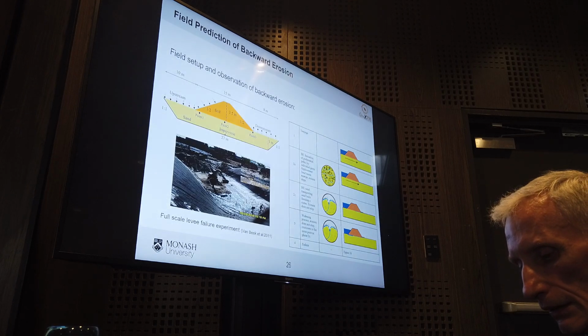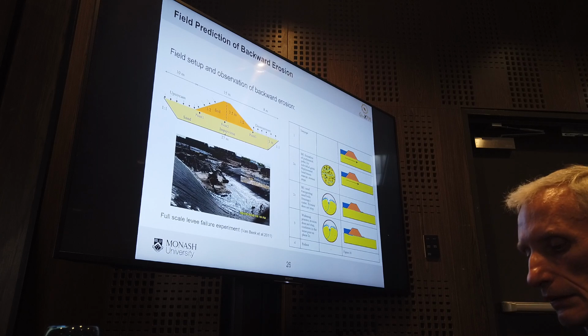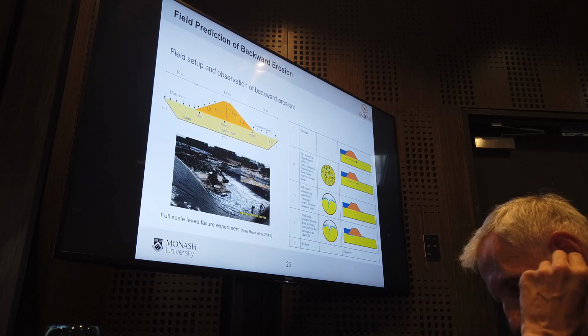And then the final one was we tried to use this model to predict what we call backward erosion. So this is the field scale experiment conducted by a group in the Netherlands. They create this